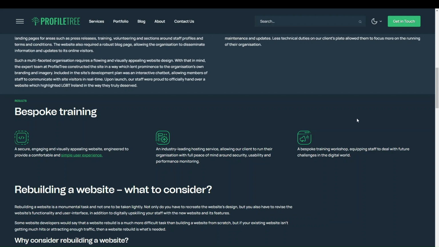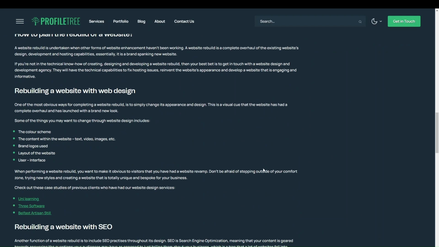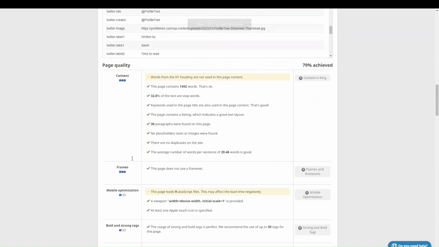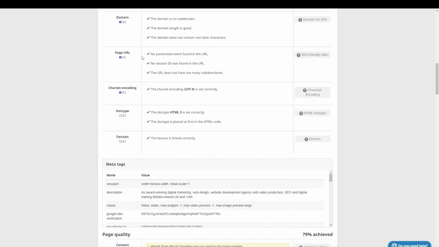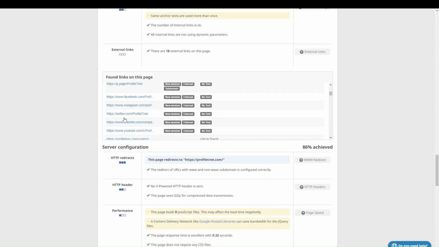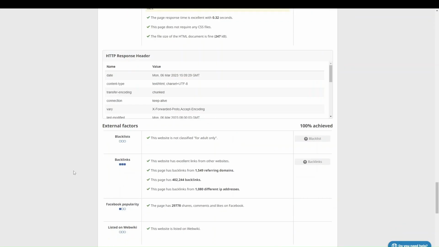When you're on a WordPress site and you are noticing that you have issues with the alt text, there's not enough alt text in your pages, the SEO plugin, or the SEObility report will highlight that to you. So if you go back to the report, if you scroll down and look for images,